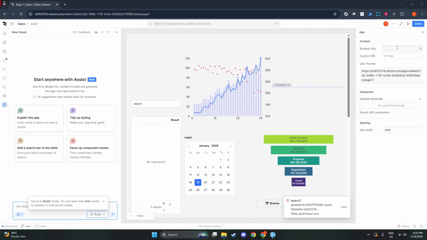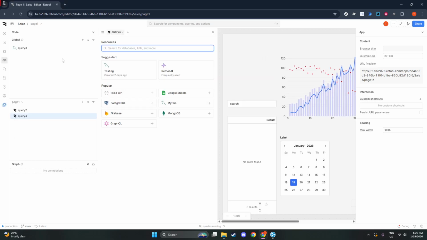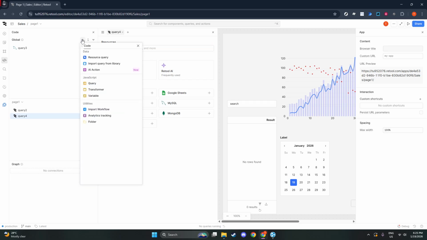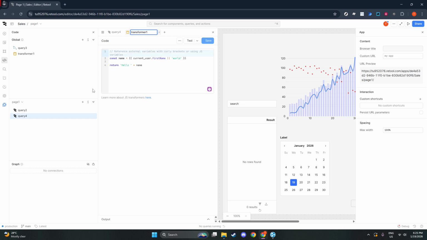Next, add a new transformer. In the Code panel, click the plus icon and choose Transformer. Retool will create a new transformer and open its editor. Rename it to something descriptive so you can recognize it later at a glance, like format orders, compute totals, or clean response. Clear names make debugging much easier and help teammates understand what your logic does without diving into the